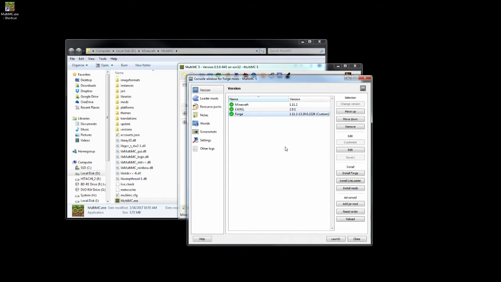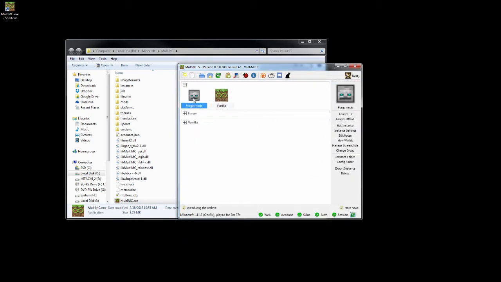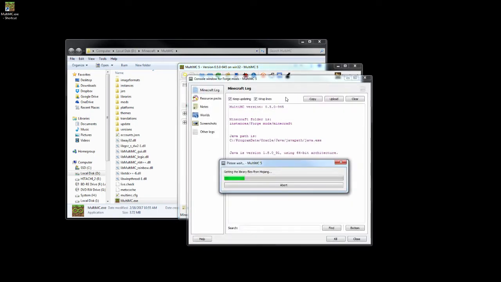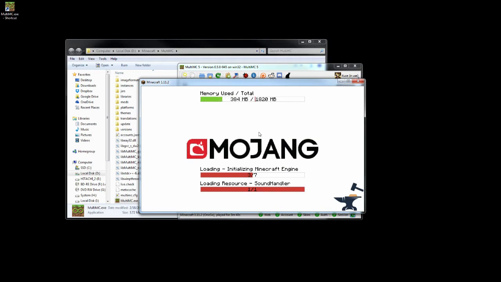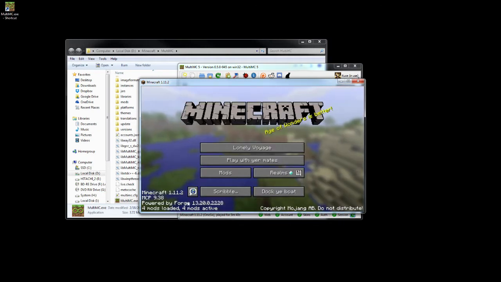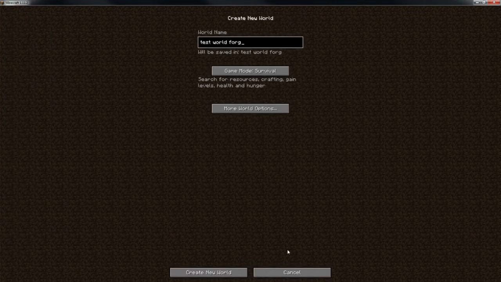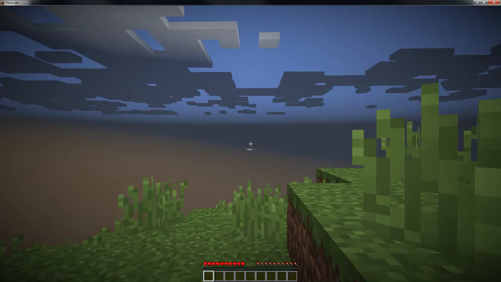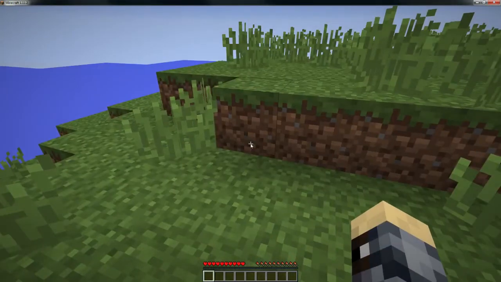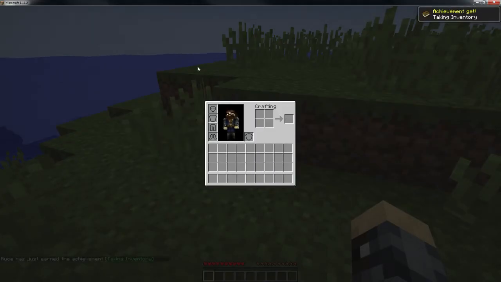Okay, so go ahead and double click that, launch it to test. Minecraft already looks much different. You've got all these loading bars happening. So it worked as long as it says powered by Forge down here. There's only going to be these sort of built-in mods for Forge. And then if you want, you can create a new test world